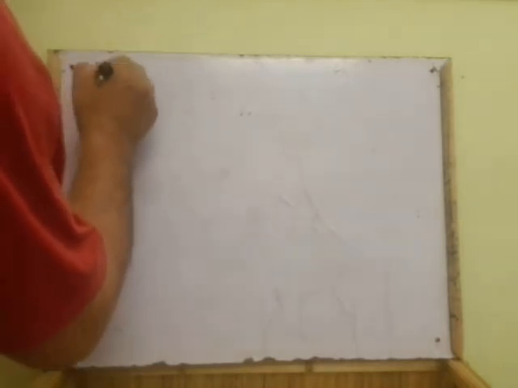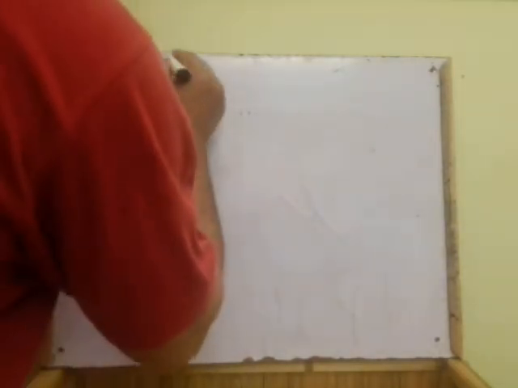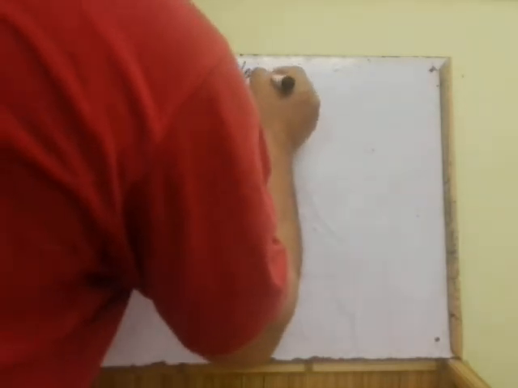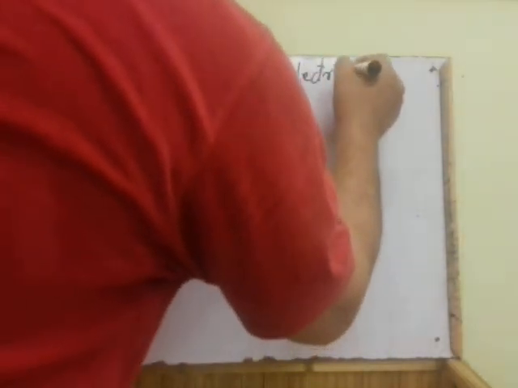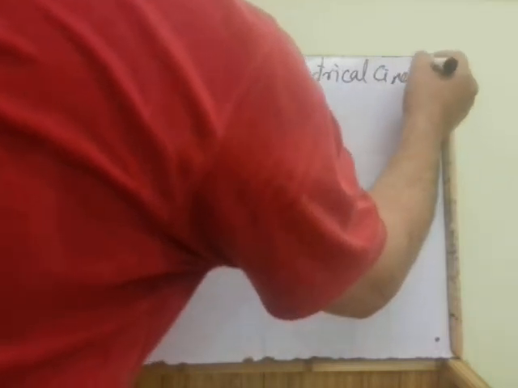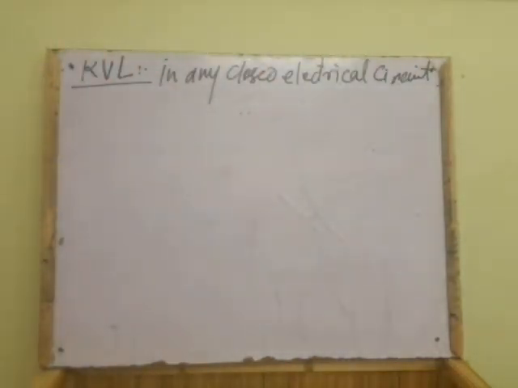This law refers to the EMF and voltage drops in a closed circuit or a closed loop, and may be stated as, for example, this is KVL, Kirchhoff's voltage law. In any closed electrical circuit, the algebraic sum of all the electromotive forces or EMF sources and the voltage drops in resistors is equal to